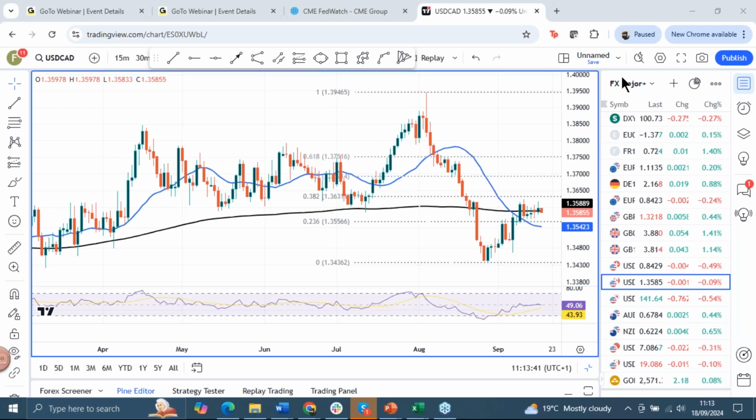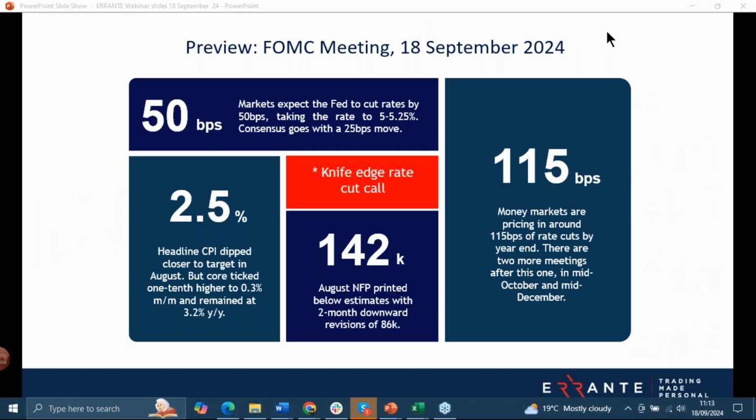Okay, let's get to the main event of this week, and that is the Fed. Here's a graphic, hopefully you like these, which prove of some use with the main economic numbers and what the Fed's looking at to guide their rate decision. We finally got there, the 18th of September, marked on our calendars for some while. This is a historic Fed meeting because of a first rate cut since 2020. There's so much debate around a 25 basis point cut or a 50 basis point move.